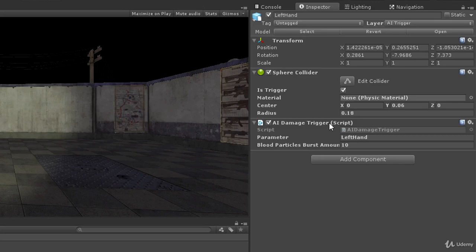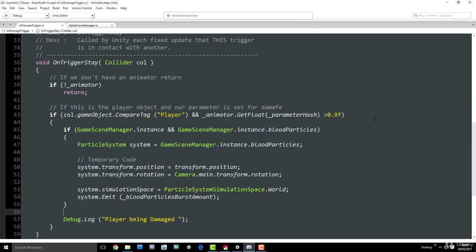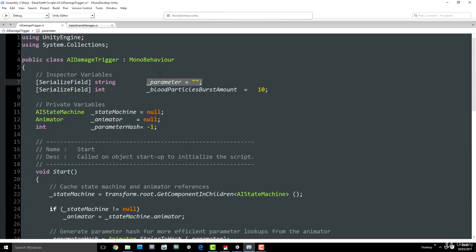The AI damage trigger script is the script that has its OnTriggerStay function called when the zombie is attacking the player and Unity detects that this trigger is penetrating our FPS controller's collider. Let's just open up the AI damage trigger script to remind ourselves what it looks like. Hopefully you will remember that one of the